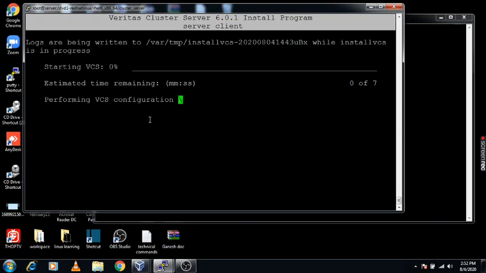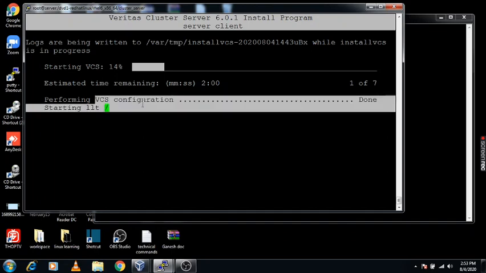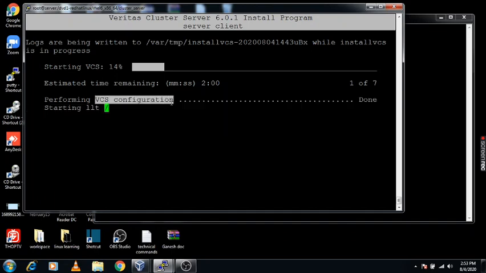Now it's performing the configuration of VCS on both the cluster nodes. When you check the VCS configuration, while configuring, it will first configure LLT.